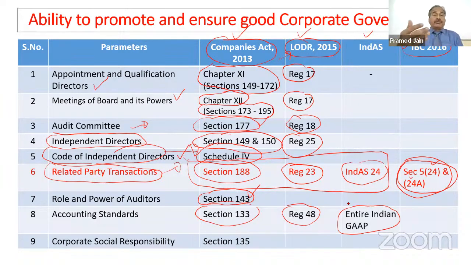And I'm sure all of you will be aware that as it stands today, all the listed companies in this country, to them, Indian accounting standards have already become mandatory. So that means all the companies which are listed, all the companies which are in the process of getting listed, for them, keeping the accounts in line with the 39 accounting standards is mandatory, and they have to do it. They have no choice. And therefore, as a finance professional, you have to have very good understanding so as